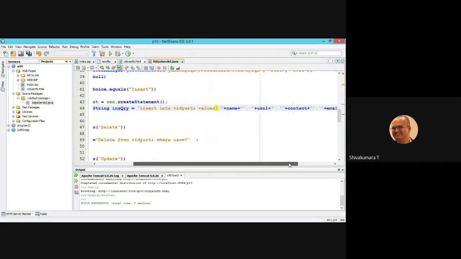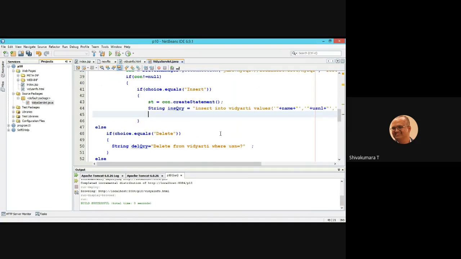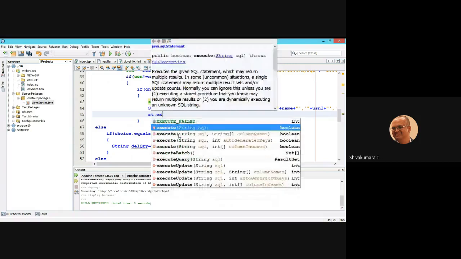Now, after creating the statement, the next stage is to execute the statement. So st dot execute. There are a variety of execution methods here. Which one would you like to execute?